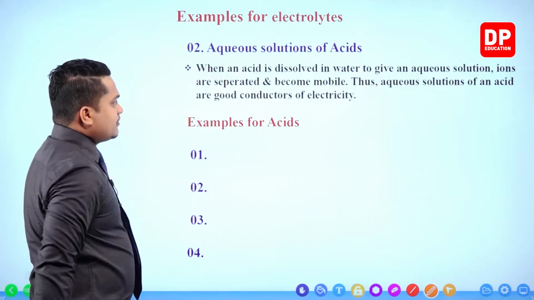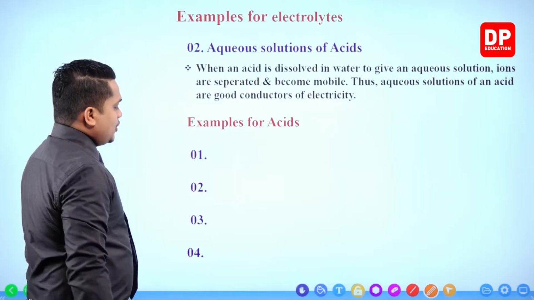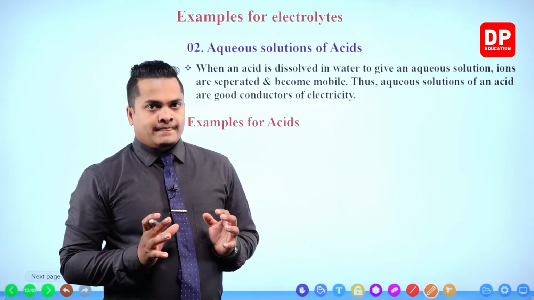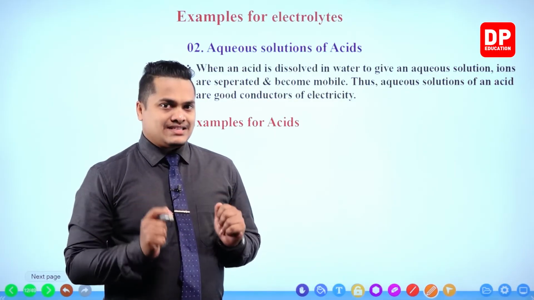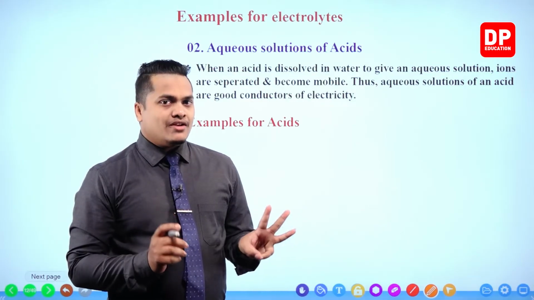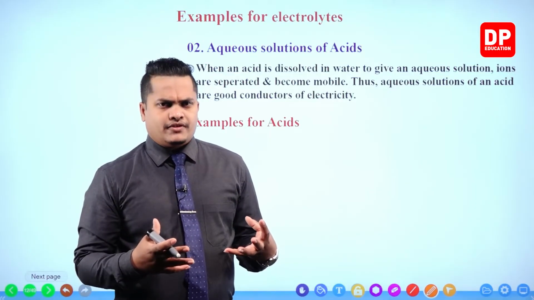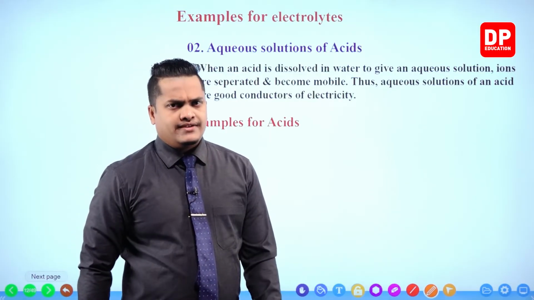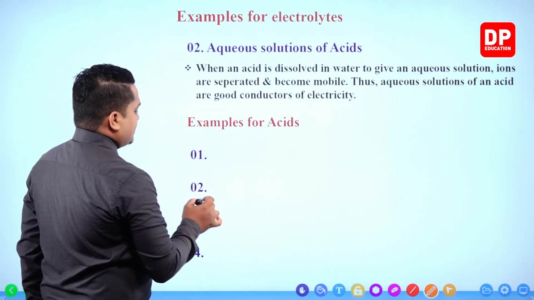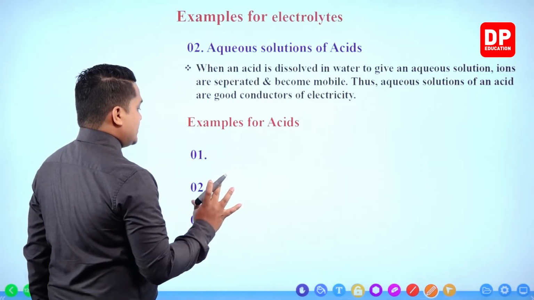So examples for acids. What are the examples for acids? Normally, we use several acids in our laboratory. In grade 10, we'll be studying about 3 main acids. I'll write down those 3 main acids and another example for an acid that we use in our day-to-day life. The first and foremost acid that we are going to use in our laboratory is